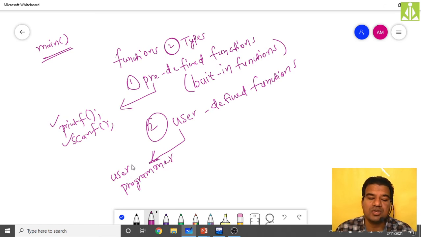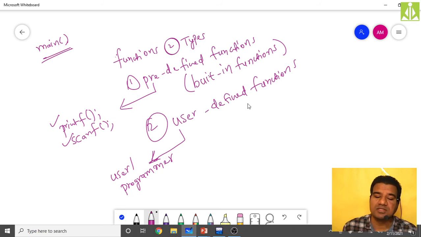Who is responsible? User or programmer is responsible for doing all the things, because we said whenever we use an object, so function is also an object. So whenever we use an object in our programming in C language, we said we need to do the declaration, that is nothing but providing the name. We need to do the definition, that is nothing but specifying the type. We need to do the initialization, that is nothing but assigning the value. These three things we have to do. In case of functions also, we need to do the declaration, we need to do the definition, and we need to do the calling. Here in case of functions, we say not initialization but calling, function calling.